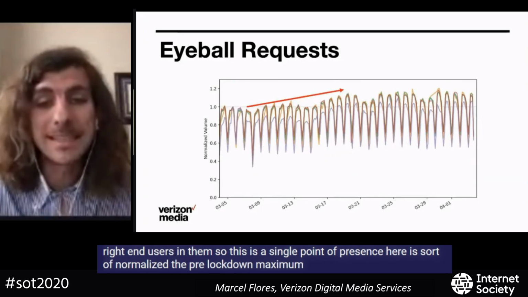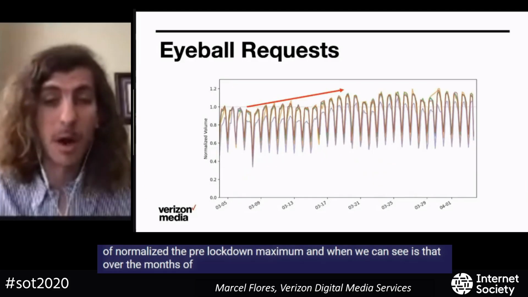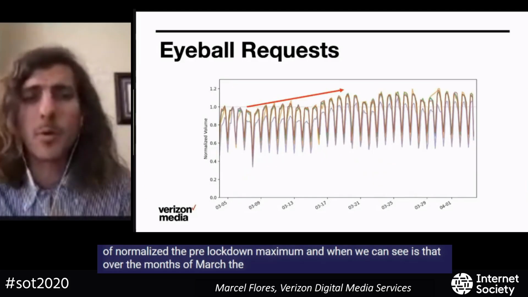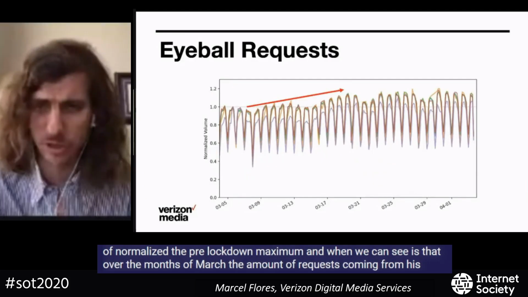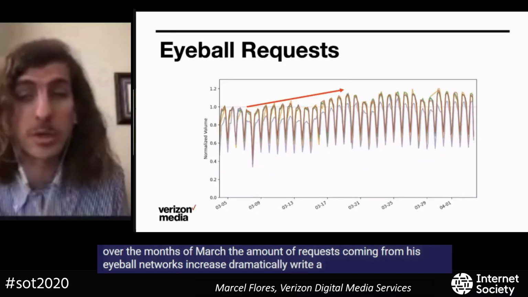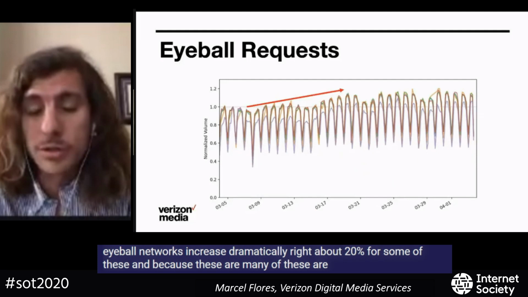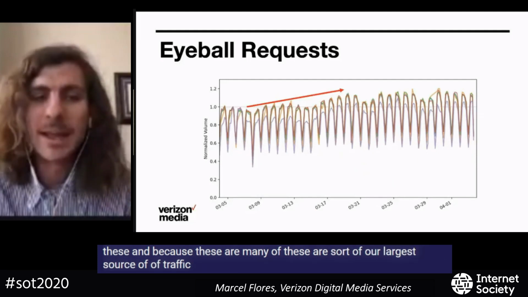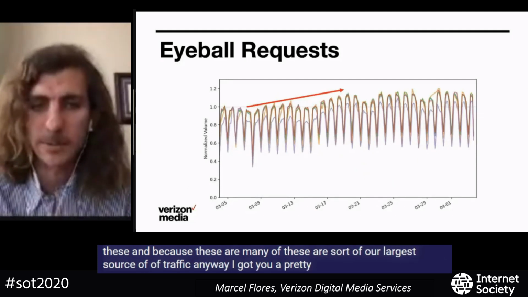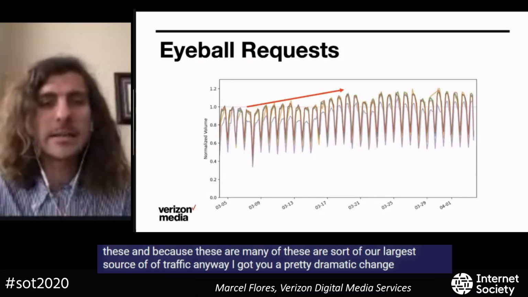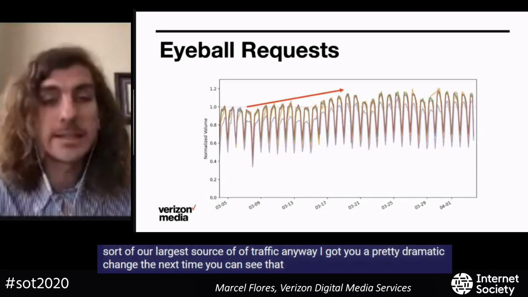And what we can see is that over the month of March, the amount of requests coming from these eyeball networks increased dramatically, right? About 20% for some of these. And because many of these are our largest source of traffic anyway, that's a pretty dramatic change. On the next slide, you can see that when we consider,